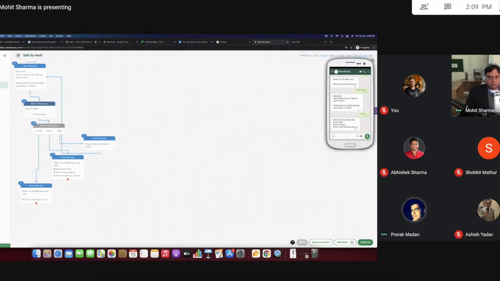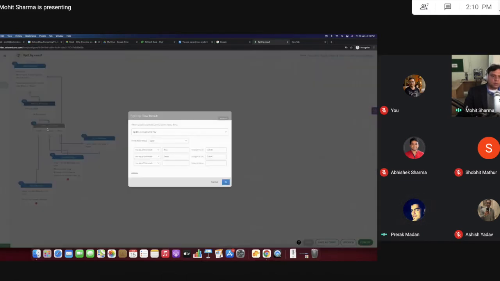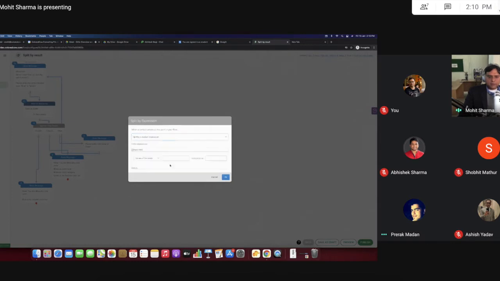I have a doubt. If we want a conditional AND or OR condition between two answers, how can we do that? In that case, there's a split by custom expression.